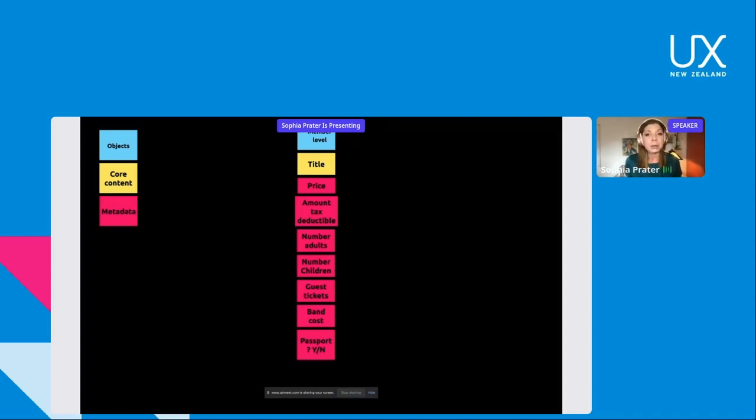We've got objects on blue, we've got core content on yellow, and we've got metadata, all the stuff you might sort and filter by, on pink, okay? And I'm going to start talking through this structure with the business and maybe asking some questions of the end users about this as well. So maybe through conversations with the business or even through some user interviews, we realize that